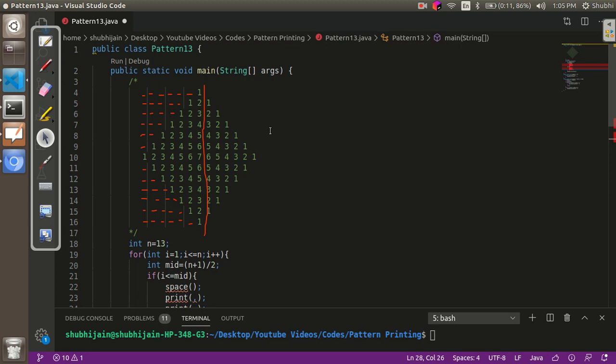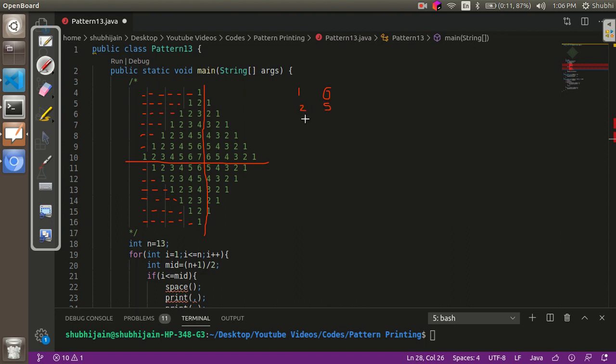So now let's first see how many spaces are to be printed. Now we can see it for the first half first. So over here we can see that for the first row we have 1 2 3 4 5 6 spaces. Second row has 5 spaces.